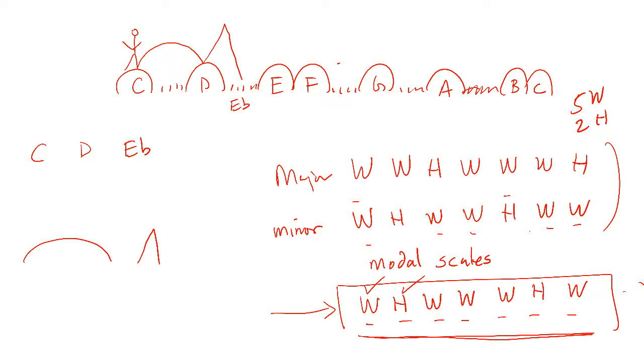Now, we've done our half step. What's next in the pattern? Whole step. And that takes us to where? It takes us to F. There we go. What's next in the pattern? Another whole step, which takes us to G. There we go. Now, so far that is the notes of C minor, but in the C minor scale, next